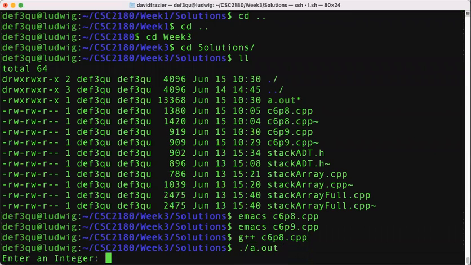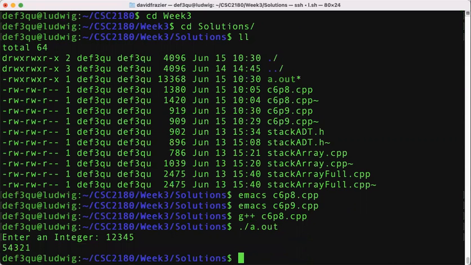First one here. Enter 1, 2, 3, 4, 5. And it gets me 5, 4, 3, 2, 1. And then the other one,